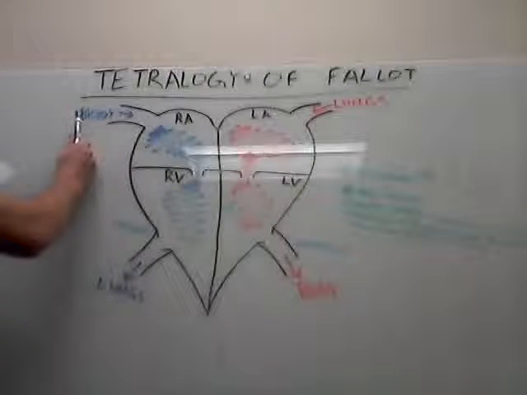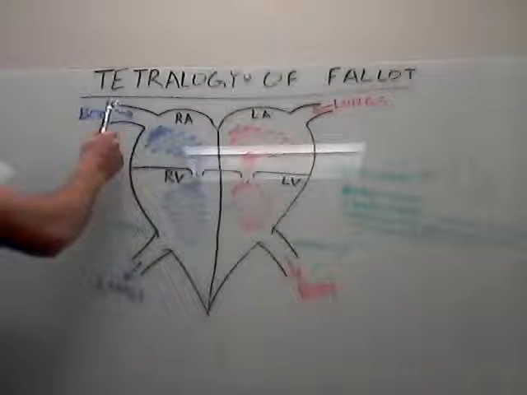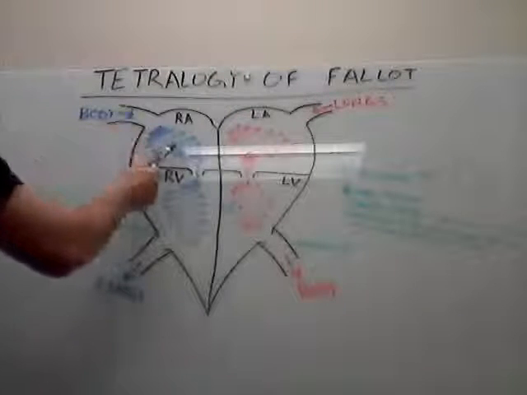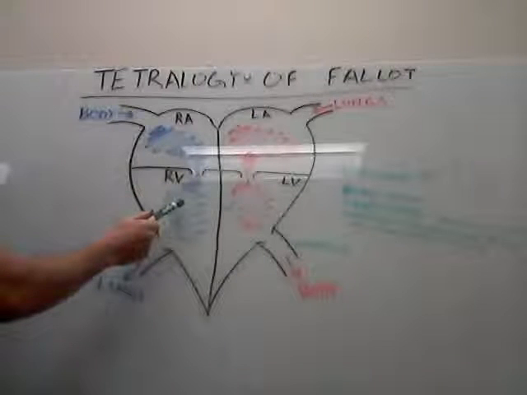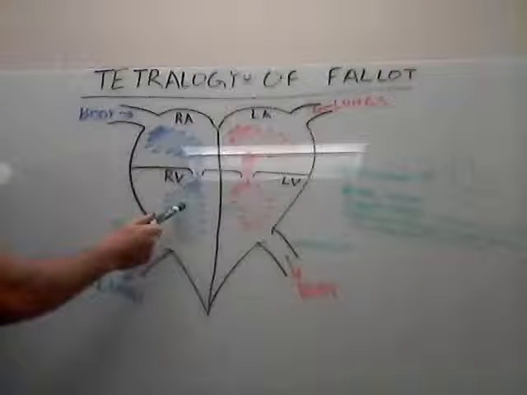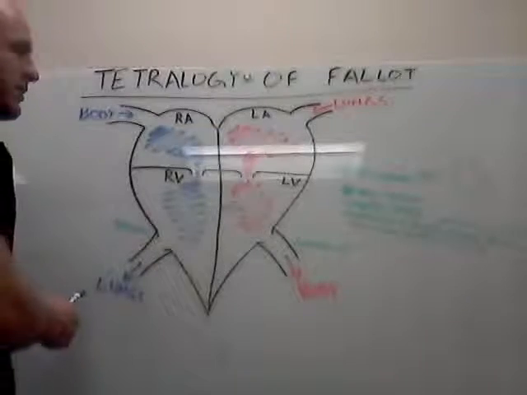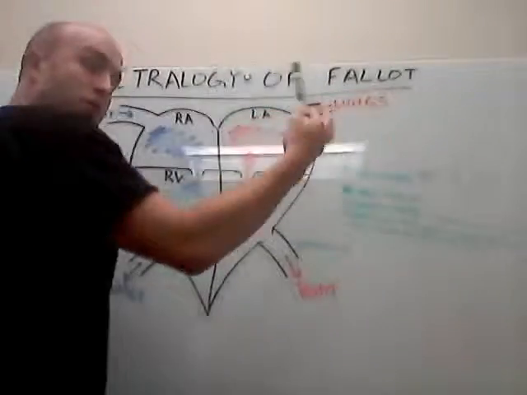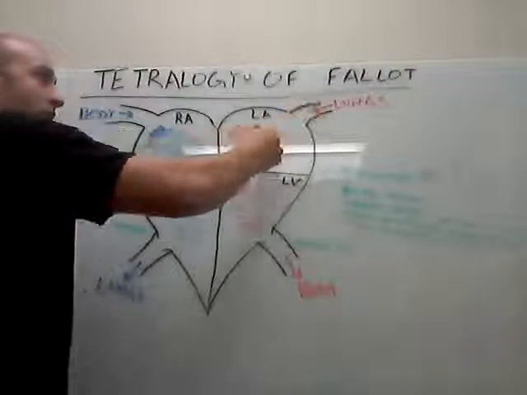Deoxygenated blood comes from the body into the right atrium, through the superior vena cava and inferior vena cava, all of those, into the right atrium. From the right atrium, it passes through here into the right ventricle, and from the right ventricle it is pumped into the lungs. From the lungs, it becomes oxygenated, and then